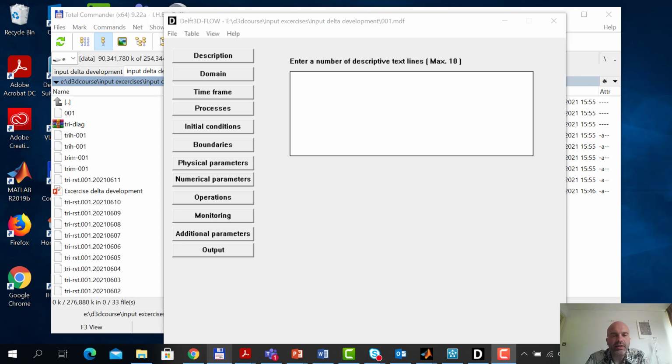Oops, in the delta development exercise there's an error. Well, that's good practice, it's a good exercise in how to deal with errors. It appears that after 70% of the runtime, it gives an error: water level too high. So if this happens to you,